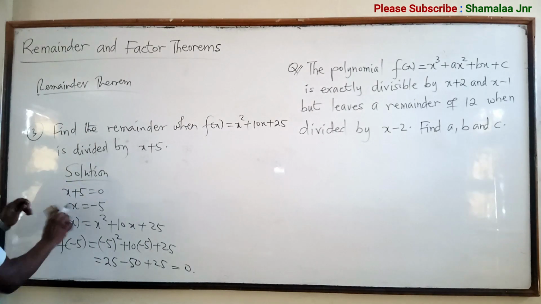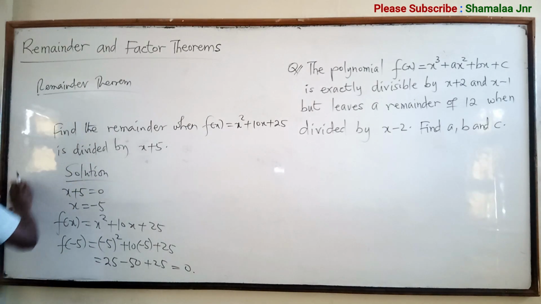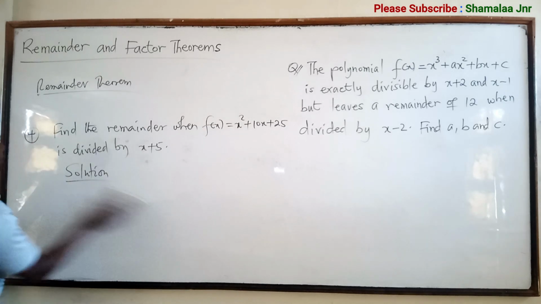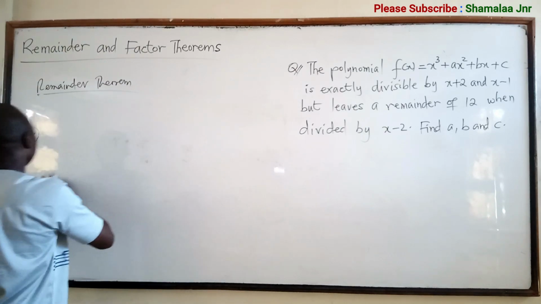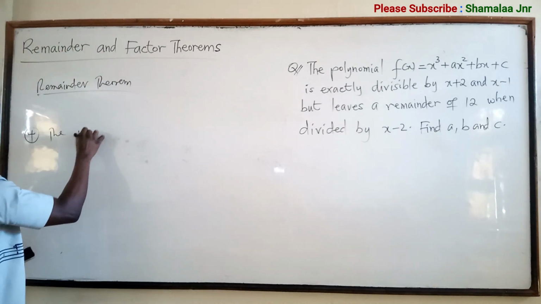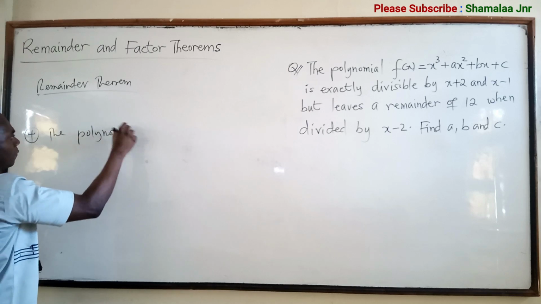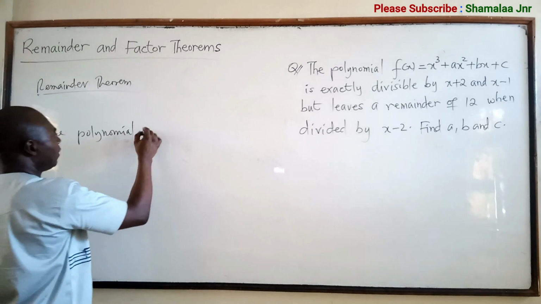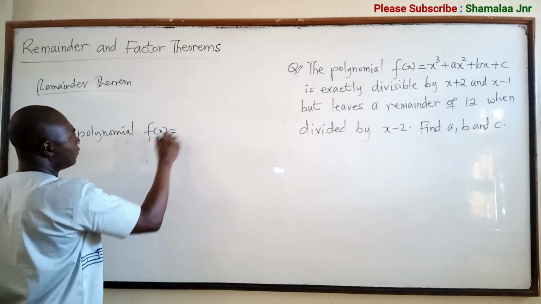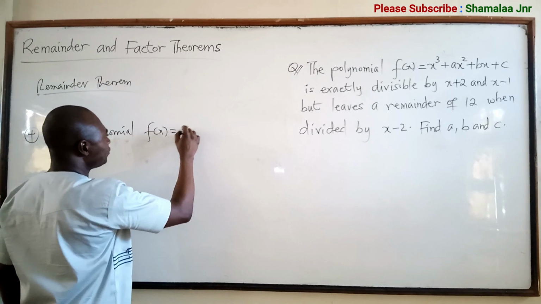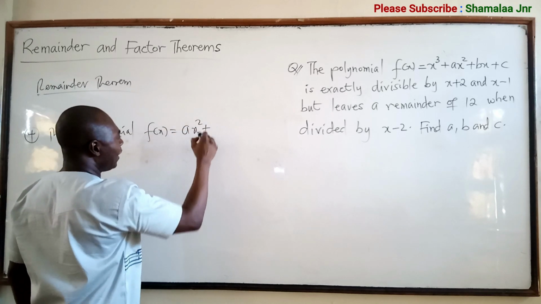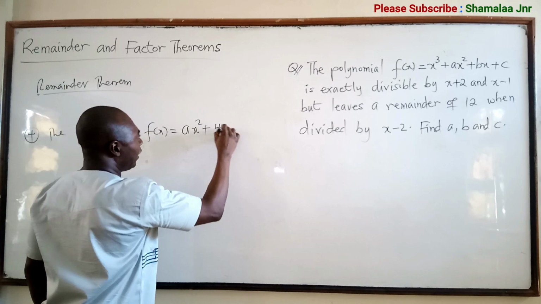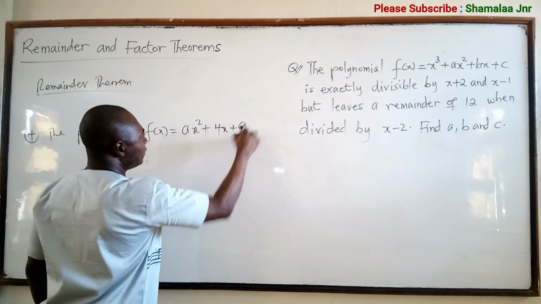Yes, let's look at the last question under this, and then move on to the factor theorem. Question number 4. You can say that the polynomial f of x equal to, say, ax squared plus 4x plus 9